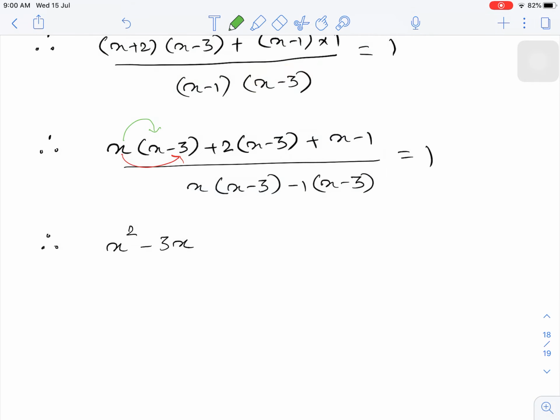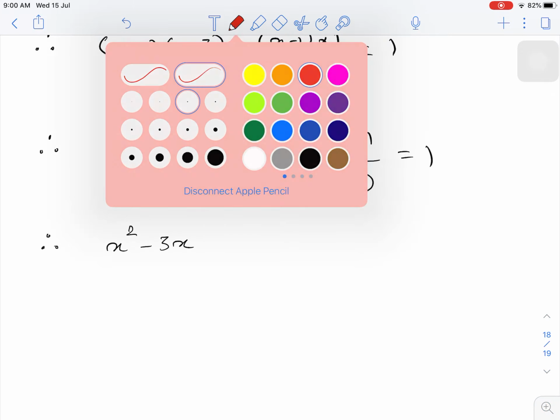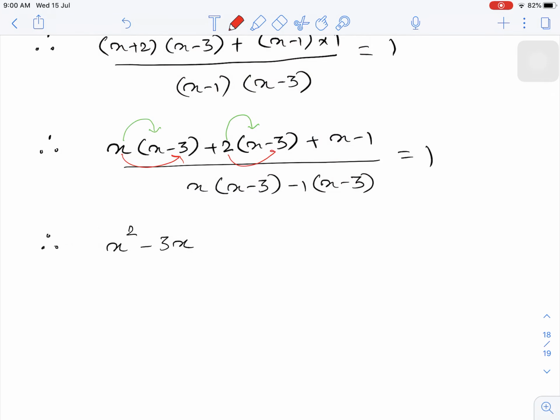Similarly, in the next condition, first this 2 will multiply with this x, and then this 2 will multiply with this minus 3. So what you will get, 2 into x, so that is plus 2x, and then plus into minus will become minus, then 2 3s are 6. Remember that every time first we have to multiply the sign, then the number. Now our remaining thing, plus x minus 1 as it is,